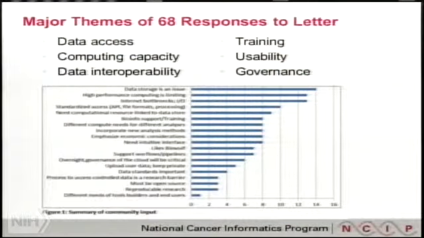We received 68 responses to this letter. Many of them were institutional responses rather than individual investigators, although obviously there were individual investigators as well. On the whole, these were a very well thought out set of responses. 29 universities, 20 government scientists, 13 research institutions, and 5 companies. There were 6 major themes that came out during those responses. I want to focus for a moment on 2 of them, the data access and the